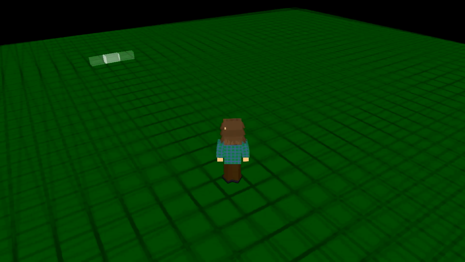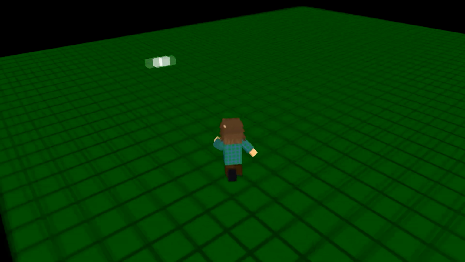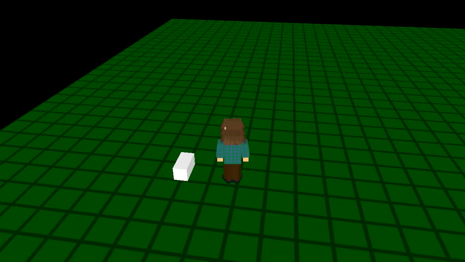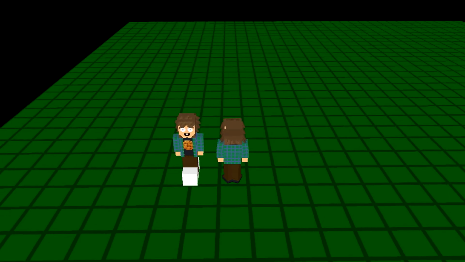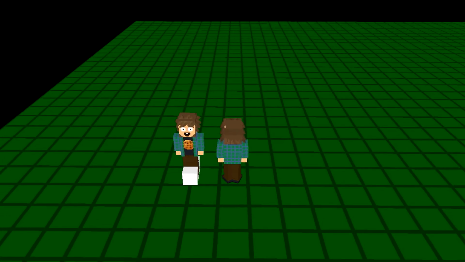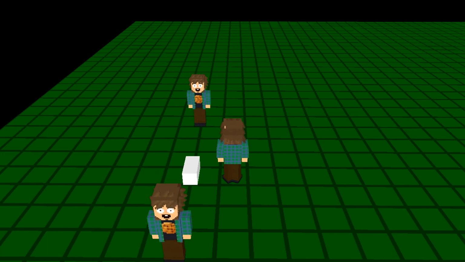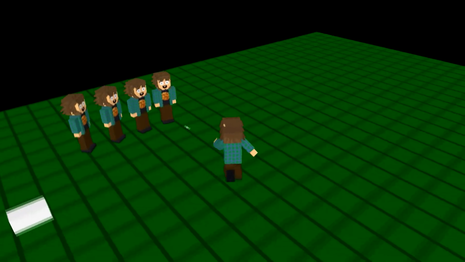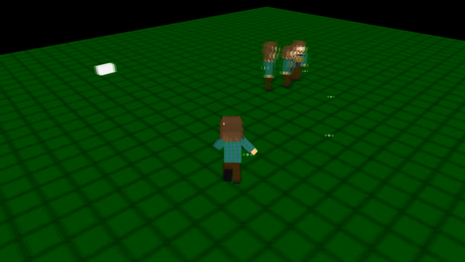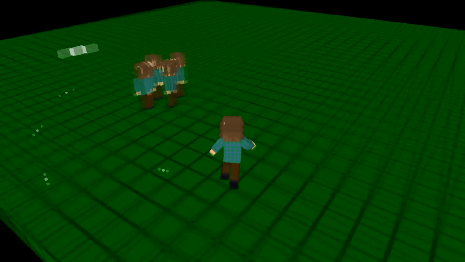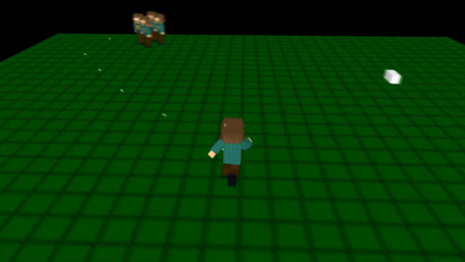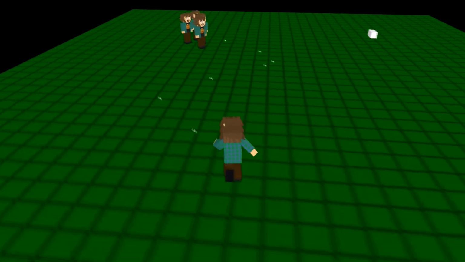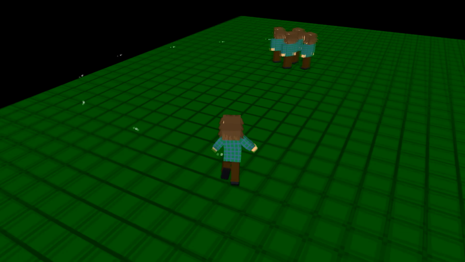Alright guys, here we are in game. We have our player moving around here, and here is our zombie spawner. So let's let a couple spawn. Let's let 3 spawn, or 4 actually. So let's let 1 more spawn and then we'll aggro them. Alright. As you can tell, I walked behind those other zombies and they still aggroed,